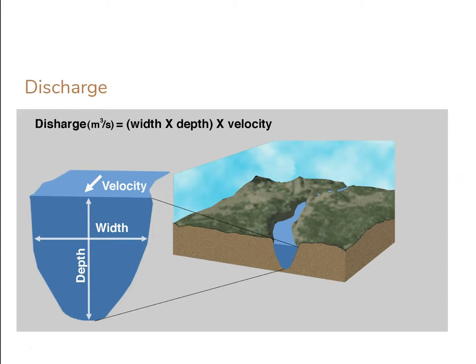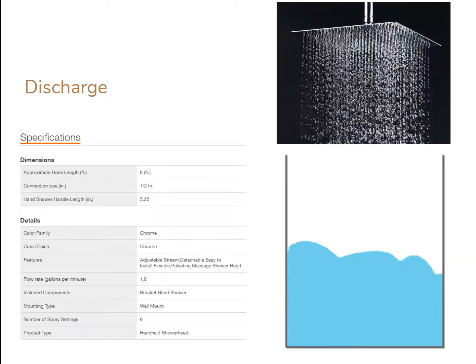Now, the width and the depth are pretty easy to measure. A lot of streams are roughly rectangle shaped, so pretty much anywhere along the width will give you an overall width of the stream. And of course, depth is going to change rapidly over time, which means the discharge can change as well. Now, back to this picture here,